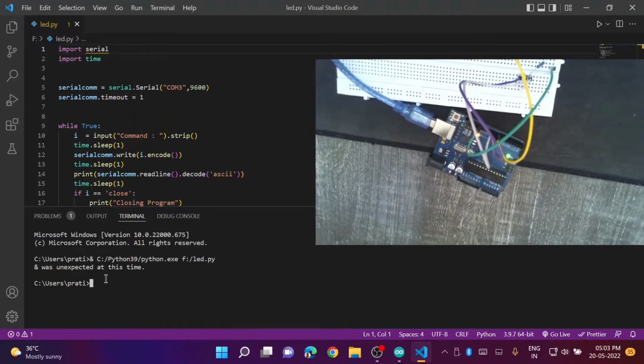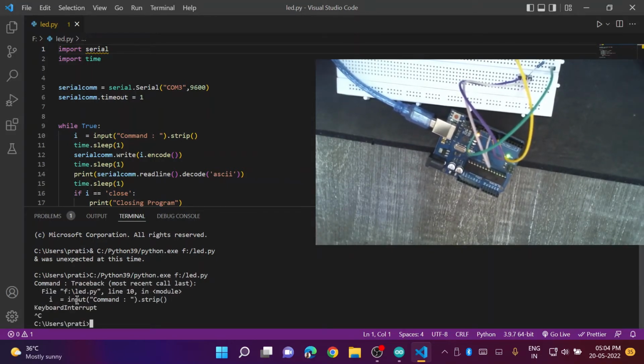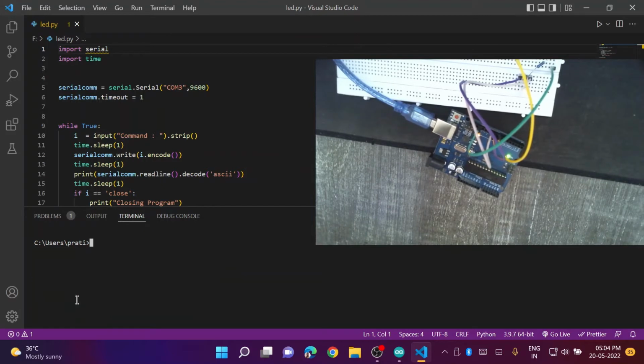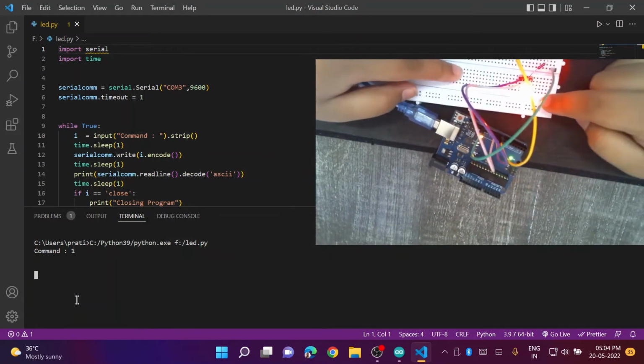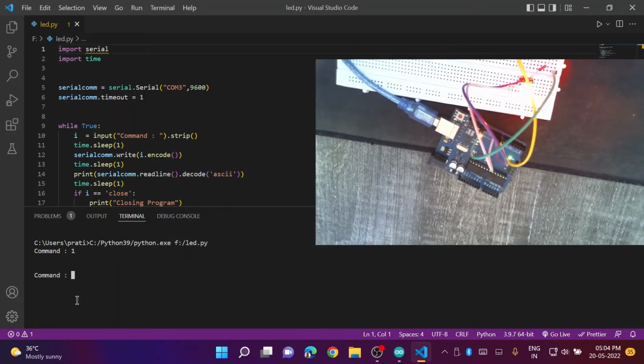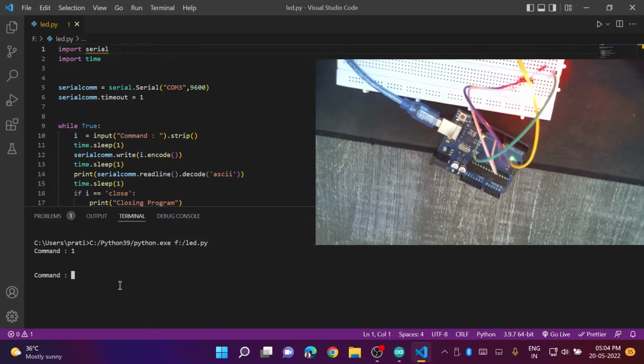So we will run the program here. Okay, so in the command section, I will first quit it, do CLS to clear it and rerun. Yeah, so for the command, if we hit 1, it should turn on the 1 LED. Yes, we did it. It did turn on the first LED. Then we're gonna do off here,